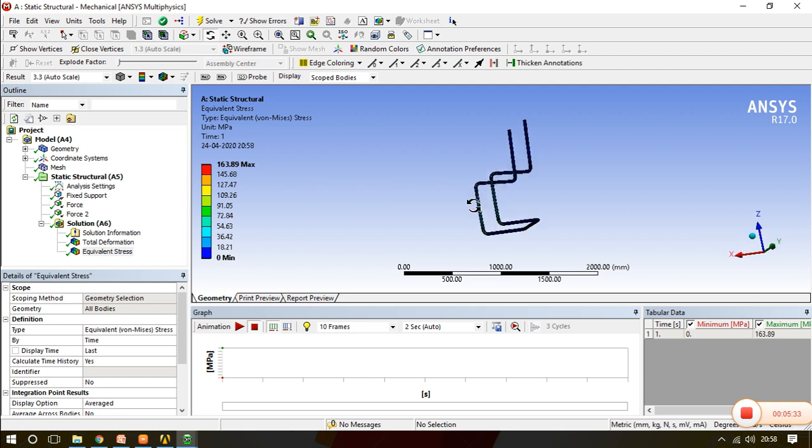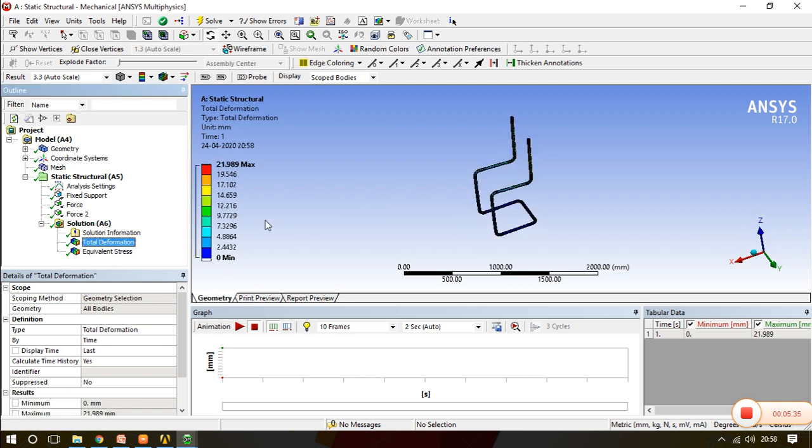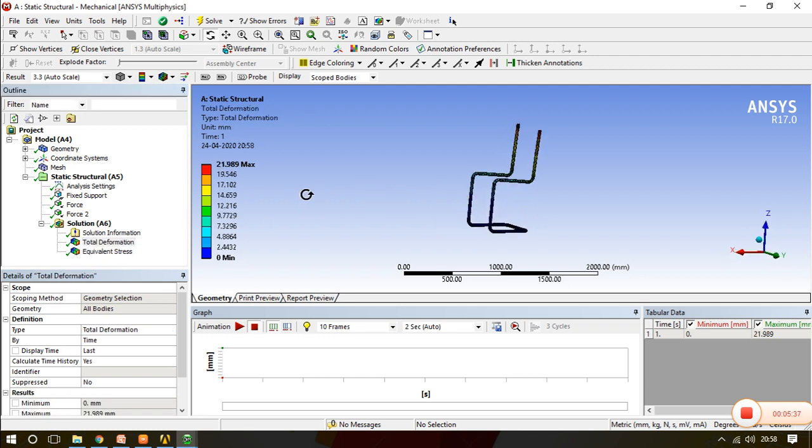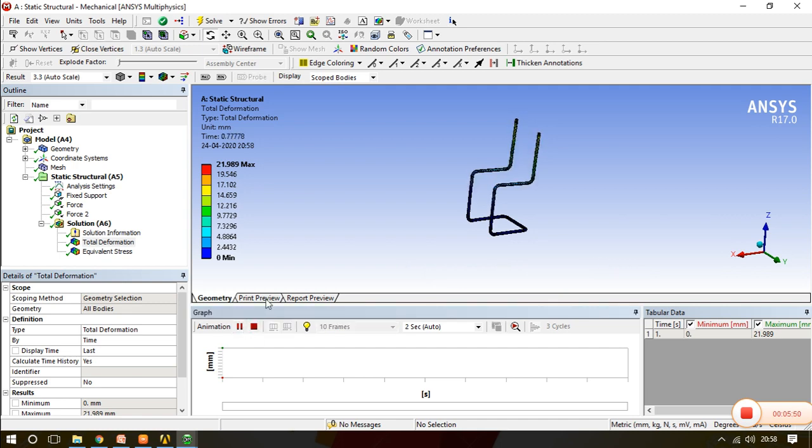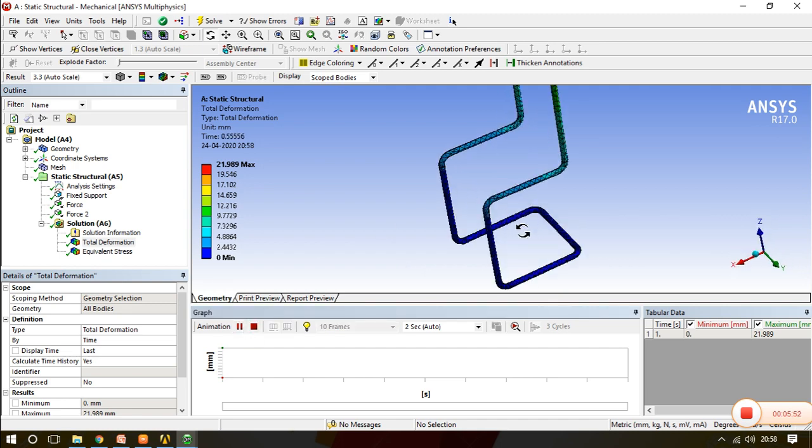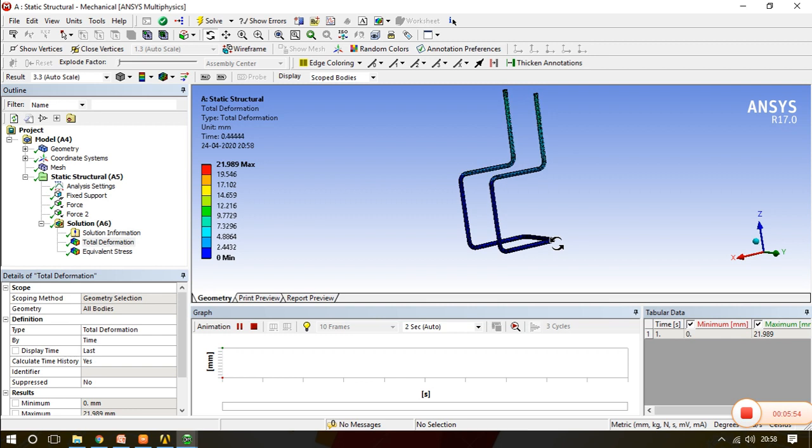Now first we will see the total deformation. Total deformation is 20 mm maximum. So 20 mm means around 2 centimeter maximum, and we will see where it happens. By simulation we can clearly say that our boundary conditions are perfect.